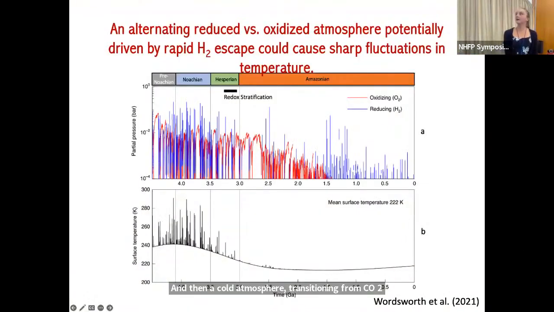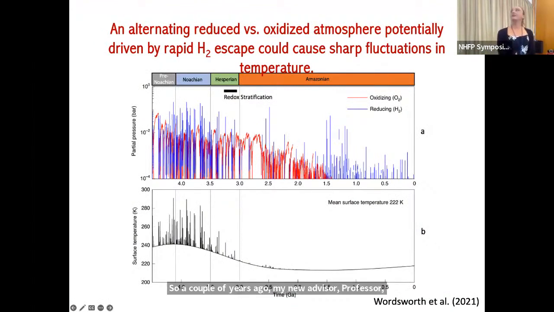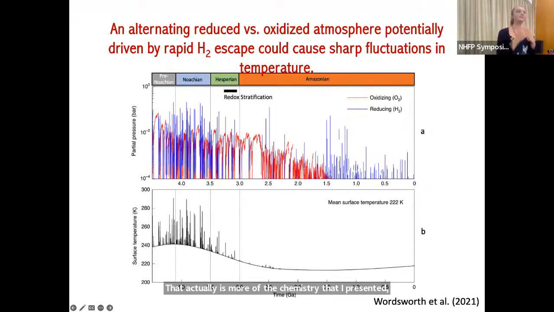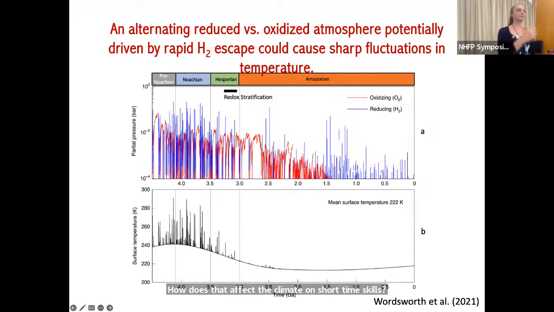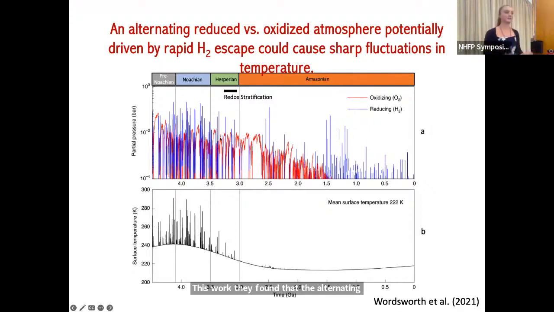So a couple of years ago, my new advisor, Professor Robin Wordsworth, published this paper that actually ignored the chemistry that I presented, but instead asked if you just pump in these gases like hydrogen and methane into a CO2 atmosphere, how does that affect the climate on short time scales? Again, importantly, ignoring the time scale that hydrogen would need to build up. So in this work, they found that the alternating redox cycles of either reduced or more oxidized atmospheres does drastically change the climate. And so I hope to couple my model with his to investigate whether you can do this